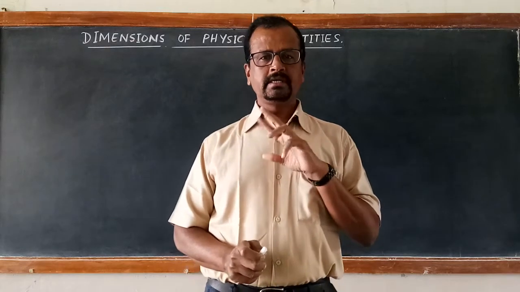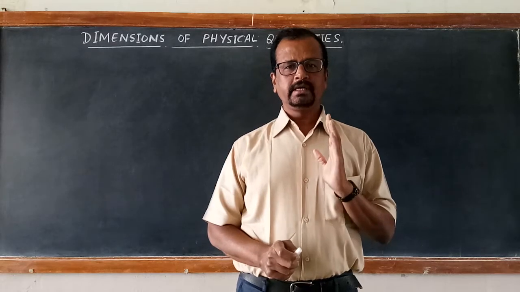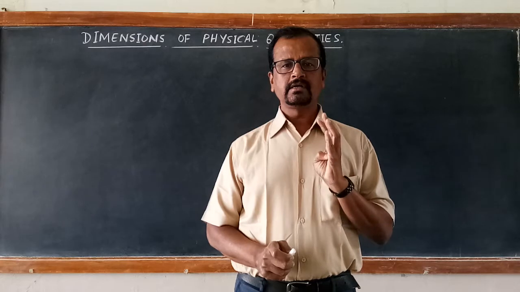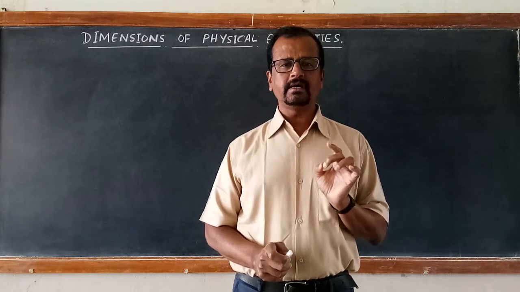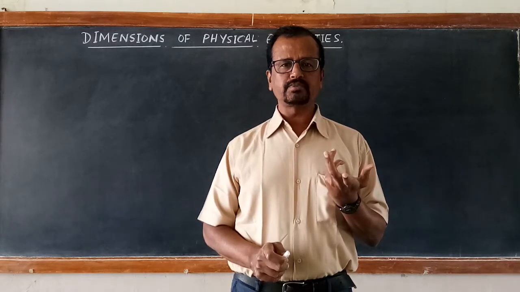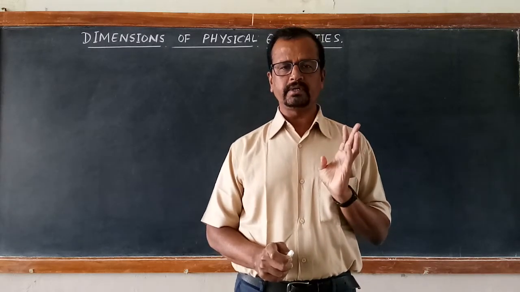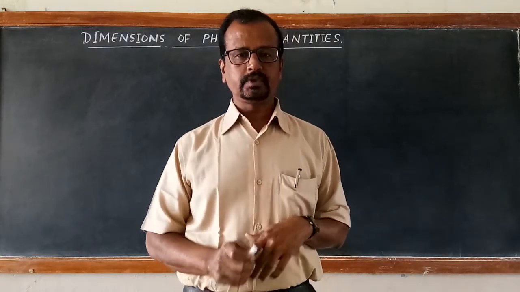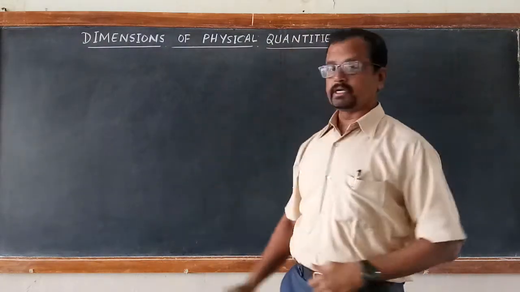So please read it as: any number which is expressed in the form of a into 10 to the power of b is known as scientific notation, where a is a number and b is the exponent. B can be a negative exponent or a positive exponent. B can be any negative or positive number. Similarly a. So that is called scientific notation. Okay. Today we will learn about dimensions of physical quantities.